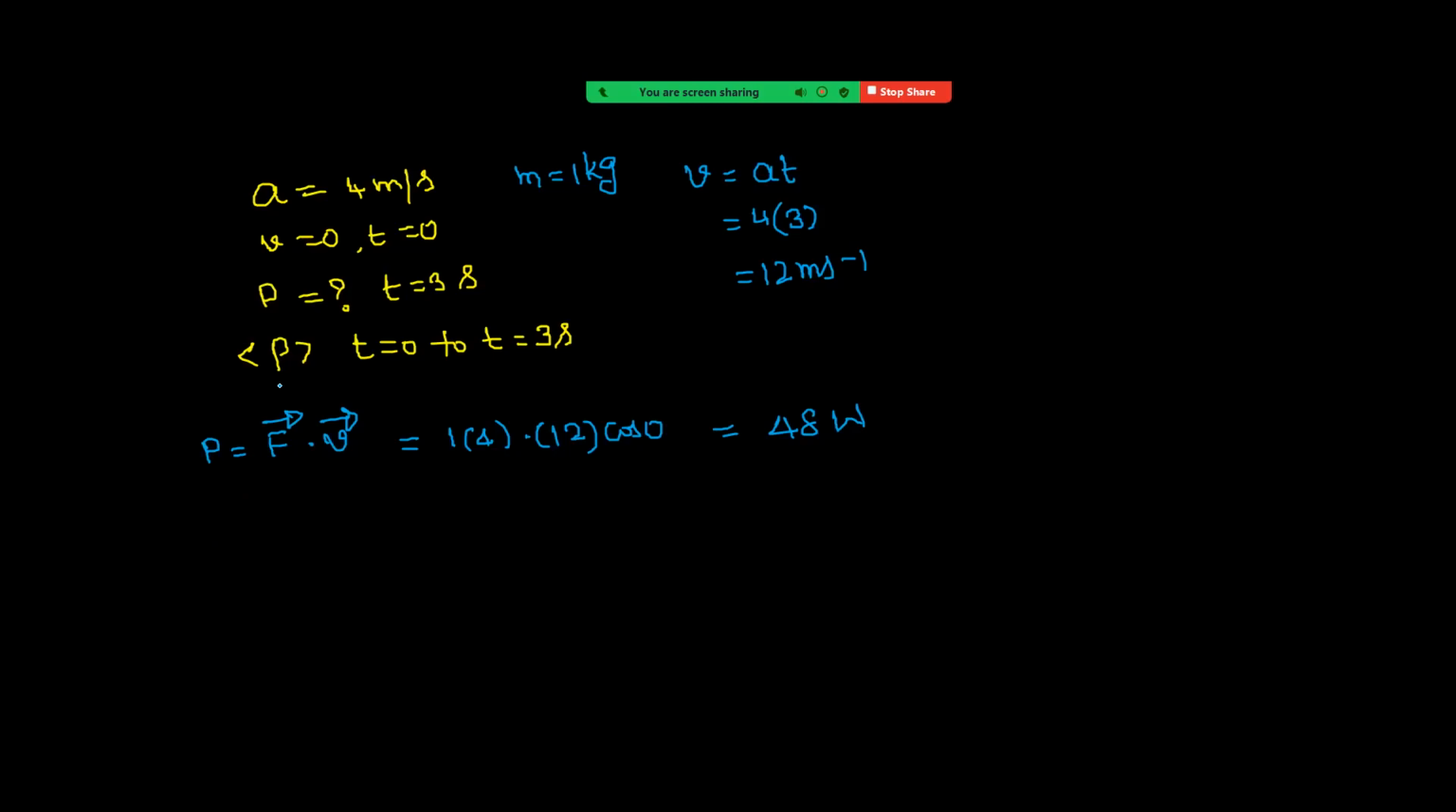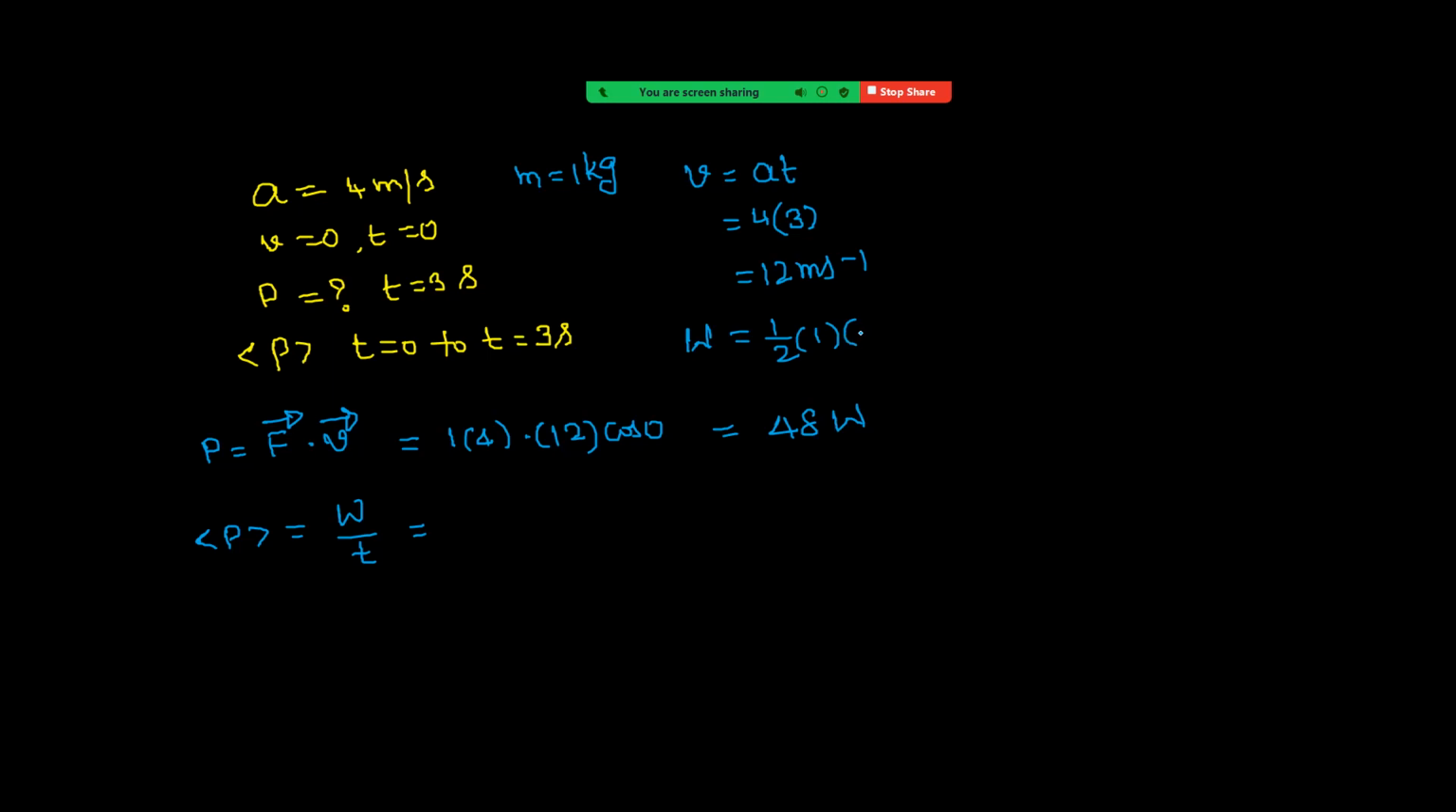Average value means, see how it is defined. Average power is equal to work done by time interval, right? And we know that net work is equal to delta K, from the work energy theorem, because we have to calculate the average power delivered by the net force. So in the first 3 seconds, when t equals 3 seconds, velocity is 12. Therefore, work done is equal to delta K of